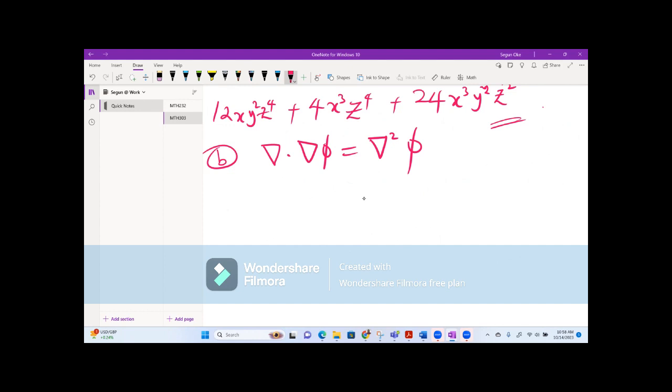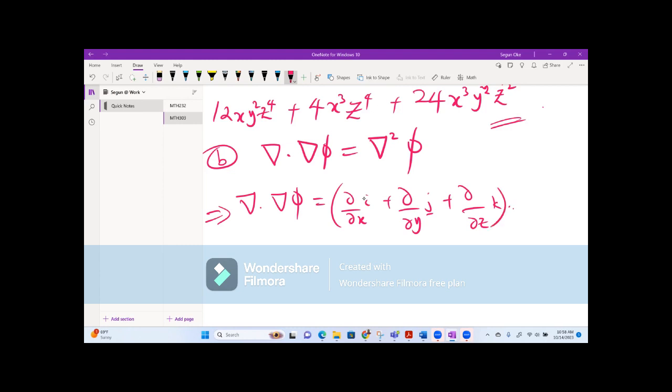How do we prove it? It's pretty simple. Let's look at it. We know that our del dot del phi will be equal to d dx i plus d dy j plus d dz k